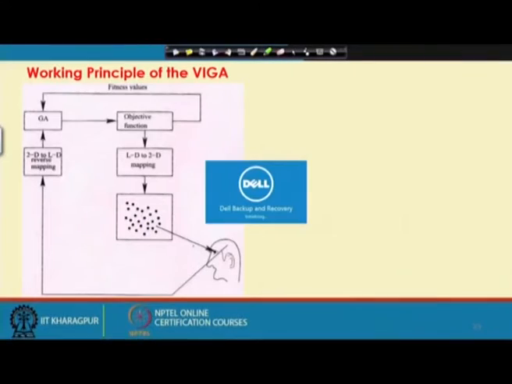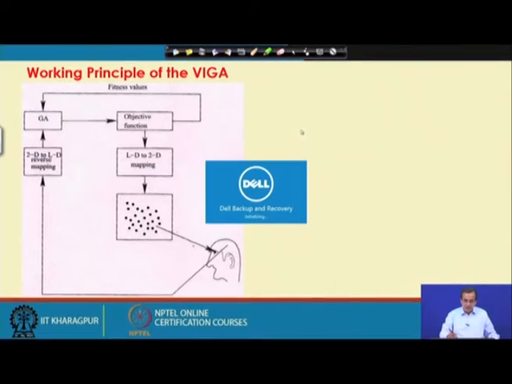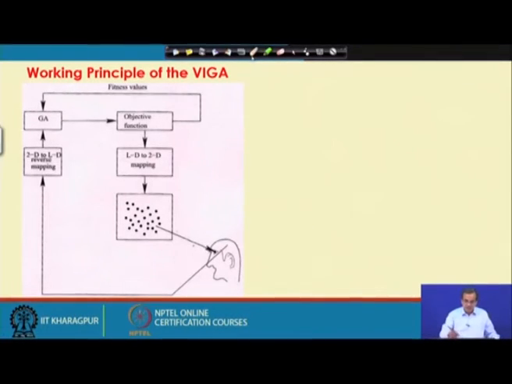Now, I am going to discuss the working principle of the visualized interactive genetic algorithm, and let us try to see the working principle of this genetic algorithm and how to make it faster. Now, supposing that I am giving the task to the GA that we will have to optimize a function,